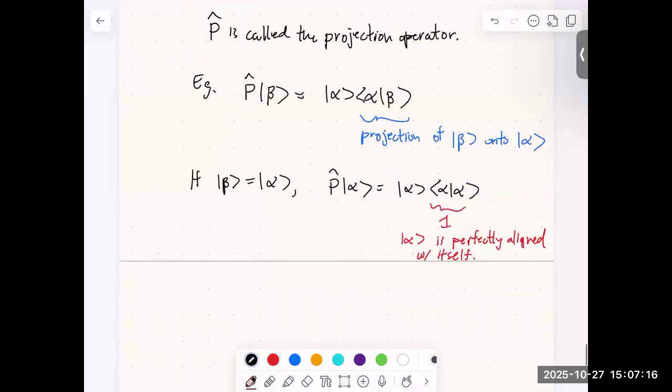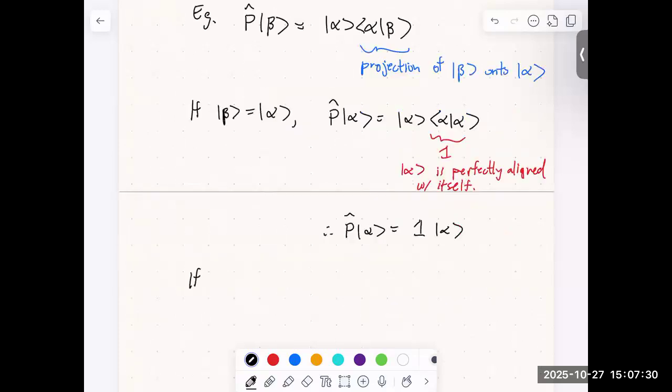And so therefore, in this case, p hat acting on alpha is equal to 1 times alpha. And that's our eigenvalue equation. The eigenvalue is 1. All right. If, on the other hand, beta